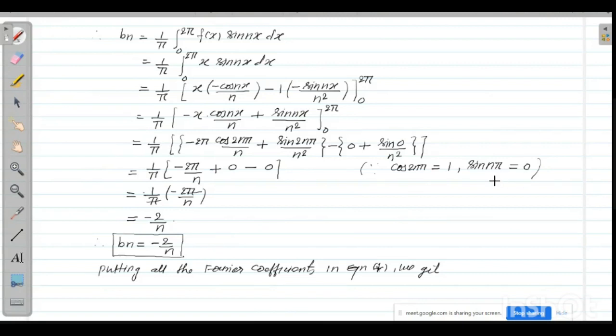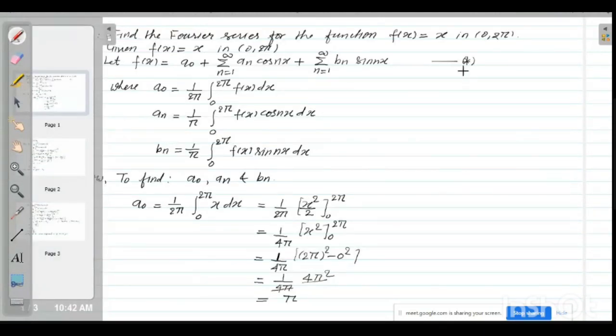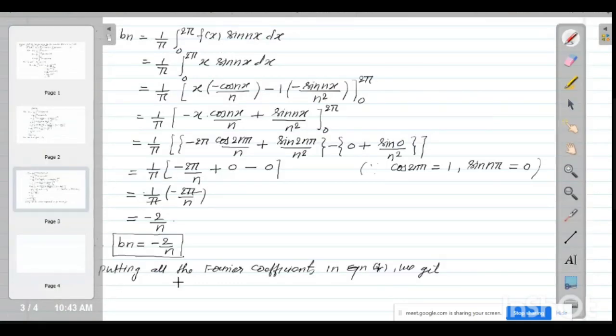Okay, now see, now putting all the Fourier coefficients in equation number star. Which one is equation number star? Equation number star is this one. Substitute all the coefficients in this expression. Putting all the Fourier coefficients in equation number star, we get